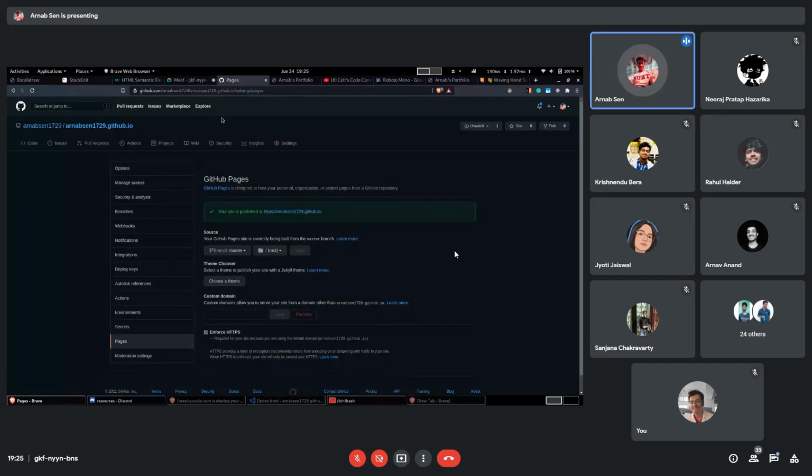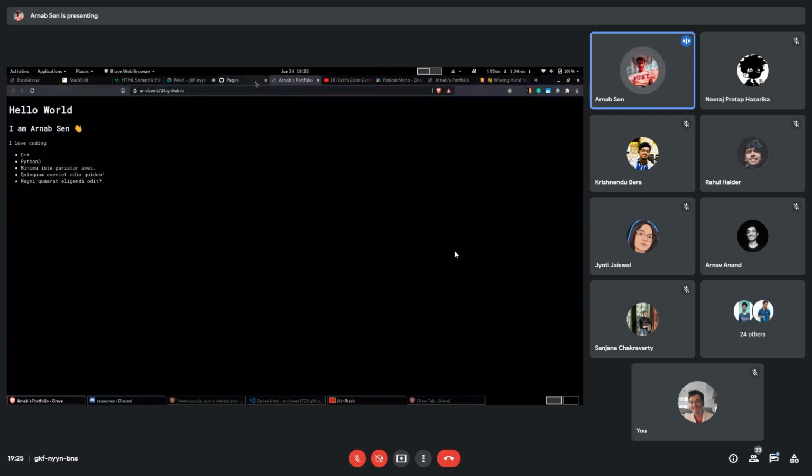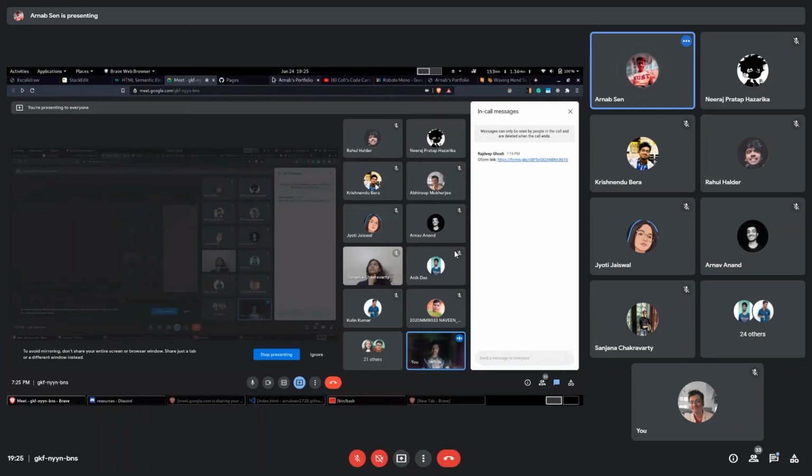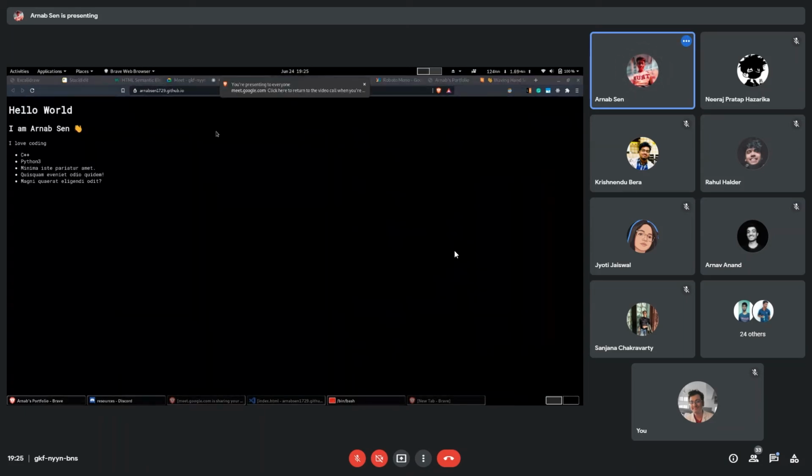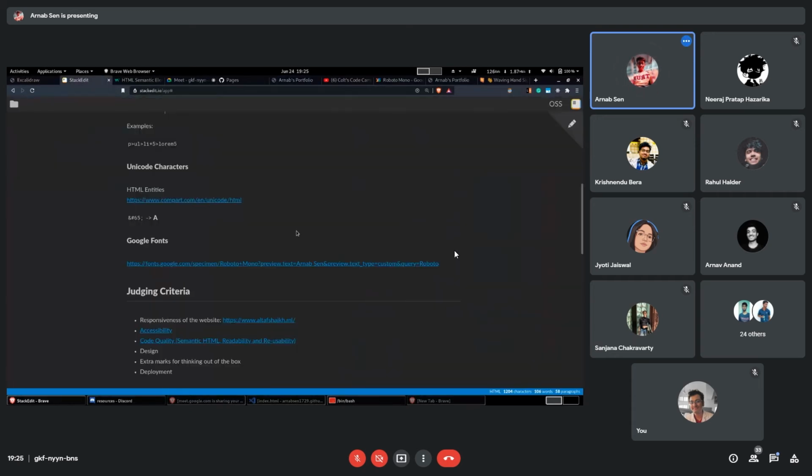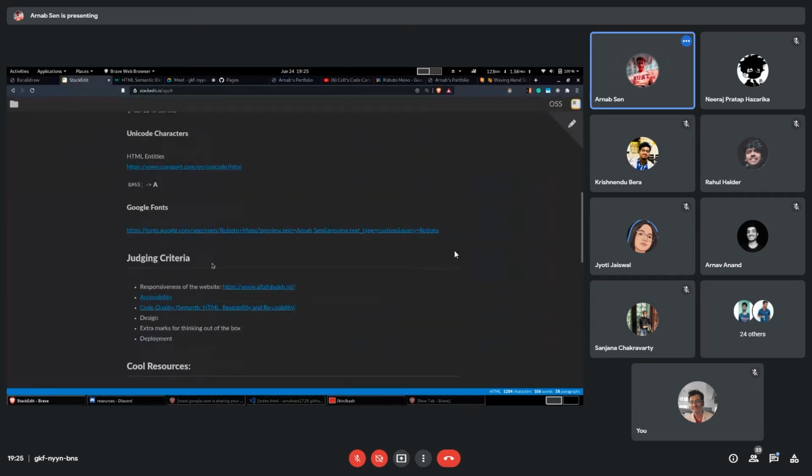So this is how you can make changes and then correspondingly push it to the repo, and you can see the changes in the deployed version. Yeah. So any more questions so far? Yeah. Okay, let's move on. And yeah, I'll cover this part.